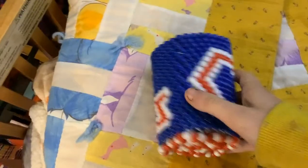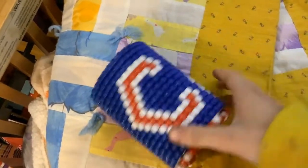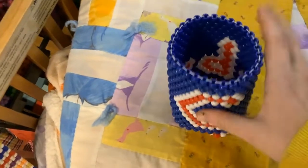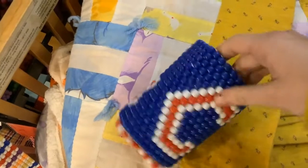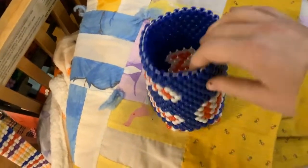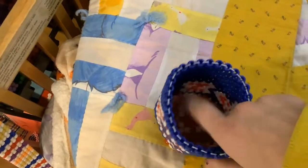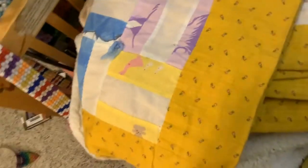But yeah. This right here is a beer koozie that I made for my mom. It is a Cubs koozie. So, yeah, the bottom is red and white. Most of the background's blue, with the words being white and red. Super cool. I did make it too tall, though, and so my mom complains, oh, the can... And it's just like...